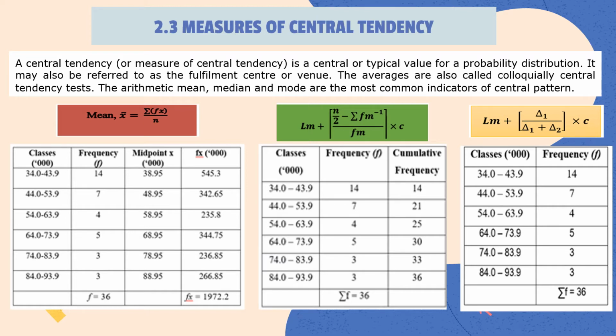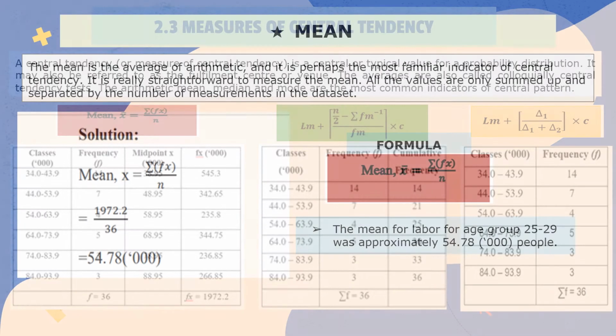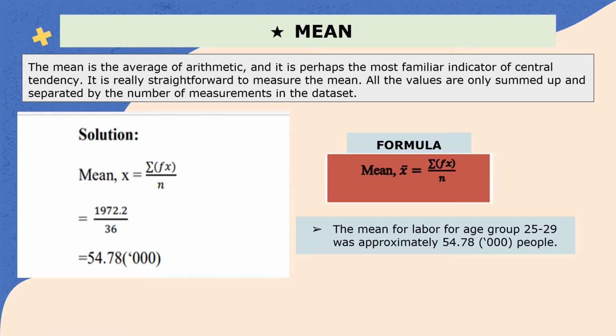As you can see in the slide, there are three different formulas, one for mode, median, and mean, and three different tables for mean, median, and mode. We start with mean. The mean is the arithmetic average and perhaps the most familiar indicator of central tendency. It's really straightforward to measure the mean. All the values are summed up and divided by the number of measurements in the data set. As you can see the formula in this slide,